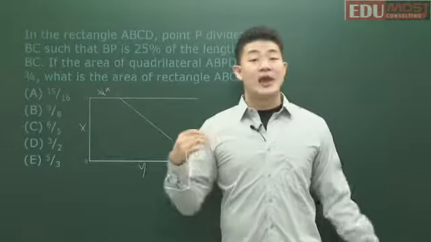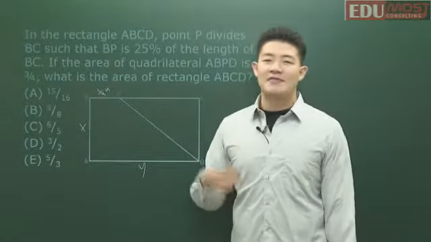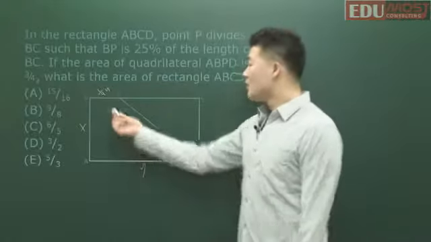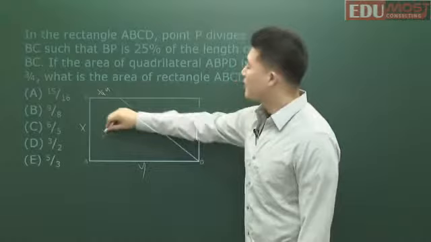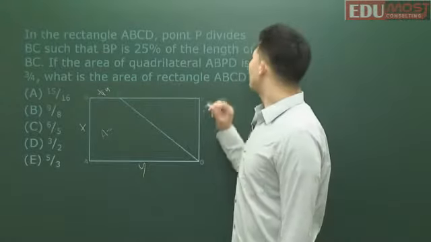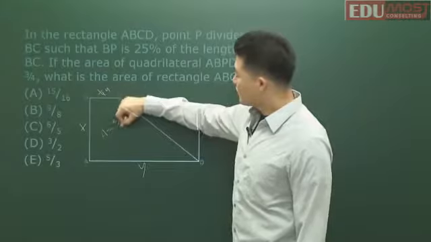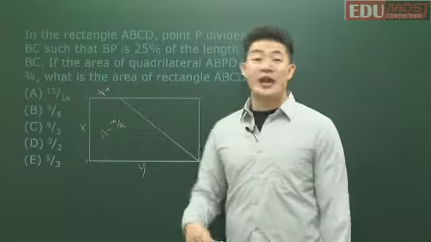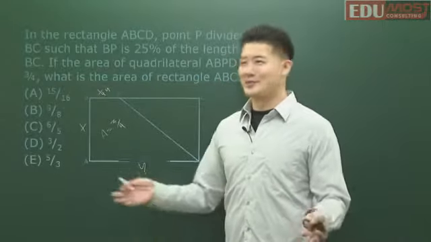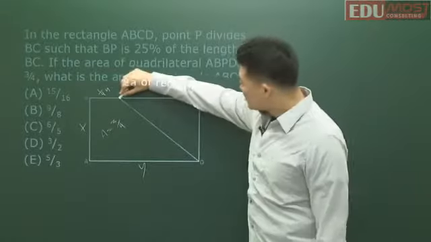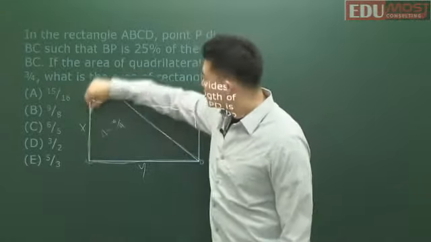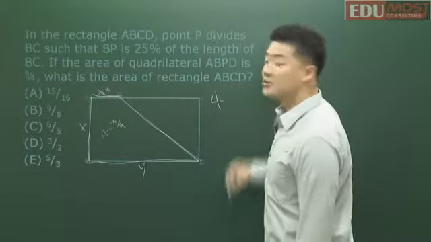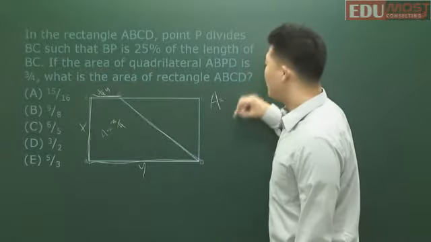Now, even though we might not have the actual numbers, we do know what we could use this for, because we know the area of this quadrilateral is 3/4. If you look at it carefully, this quadrilateral is actually a trapezoid, the trapezoid that we saw from the very last lecture. So in order to get the area for this, we should remember that the area of this trapezoid is going to equal the height